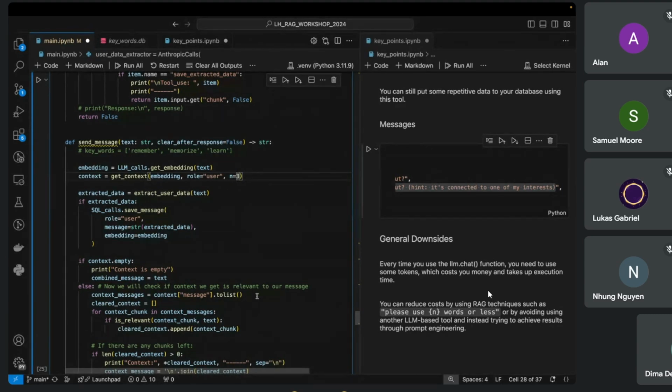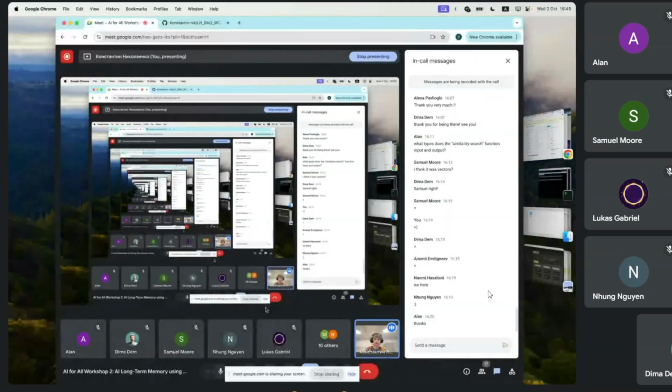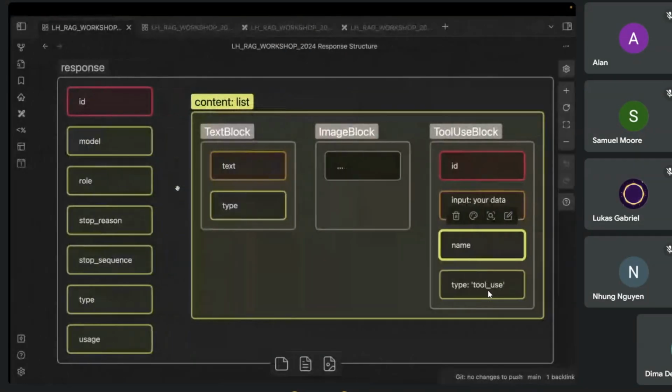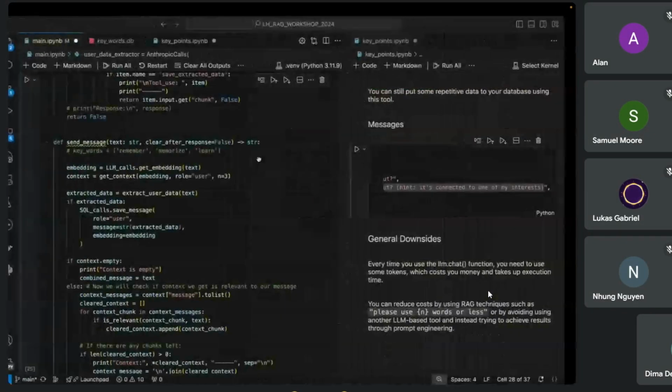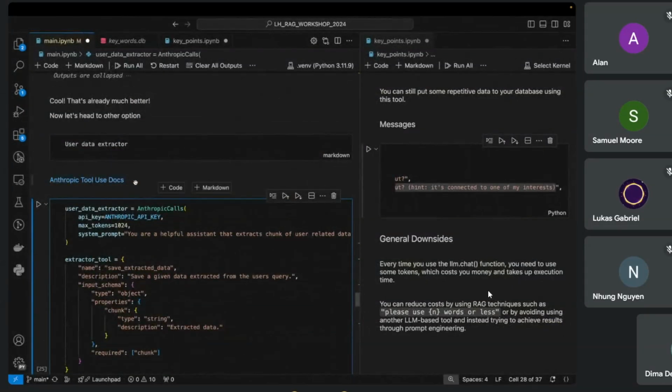If I remember right, it can just throw some errors, but it will also return something, because you send it as a request, so you get an answer to your request that the operation failed, something like this. So from Anthropic and GPT, it will be an answer, and also you'll have a specific stop reason. You can check all this in the Anthropic documentation, and I also have here a link to Anthropic tool use,